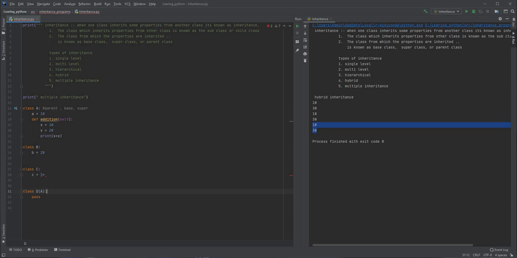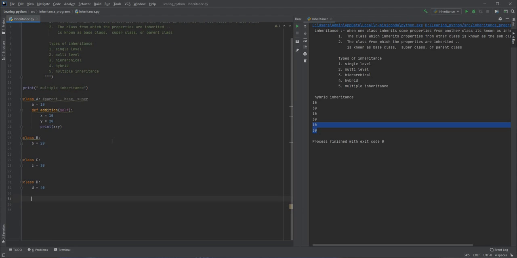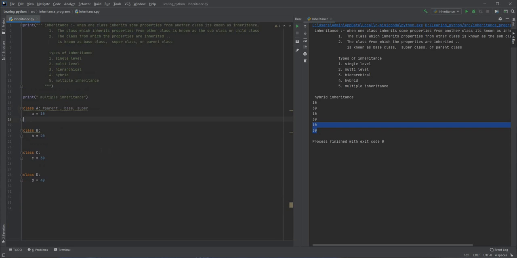And now let's say class D also has a variable called as small d whose value is 40, like this. Let me just remove this addition method from here.